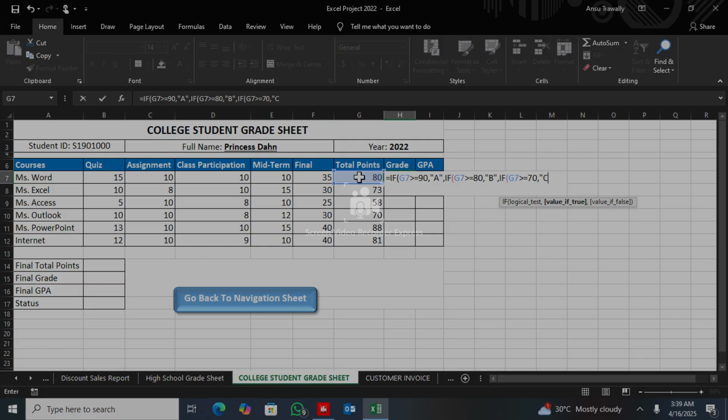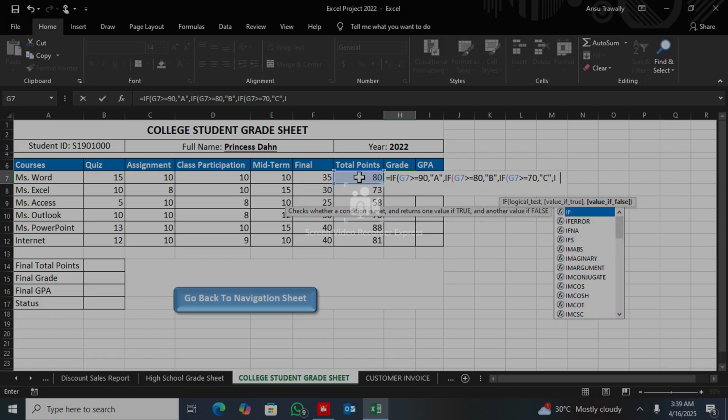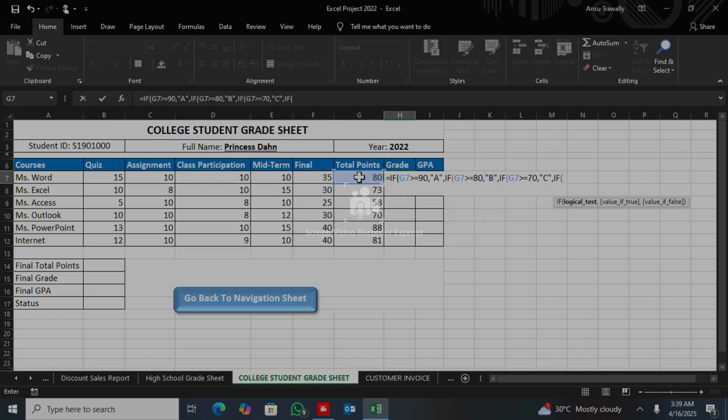C. If you don't know ABC, that one I have been... comma, we start again with what? If again, parenthesis open, click the same 80 which is G7, greater than or equal to what? After 70 we get 60, comma, double quote, after C we get D, double quote close, comma. Now we start again. If, click the same 80, greater than or equal to, after 60, let's say we get 50, comma,